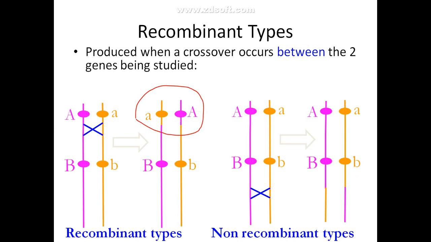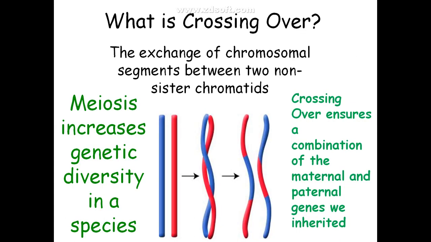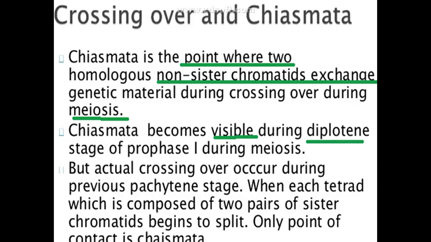Here we will see another example. You see here crossing over has occurred, but there are no genes at all present in this area. Okay. So this has resulted in a non-recombinant type. So we'll take a few more examples of what we actually mean by crossing over. Exactly, if you look into the two words crossing over and recombination, they are different. Okay, I'll show you why it is so.